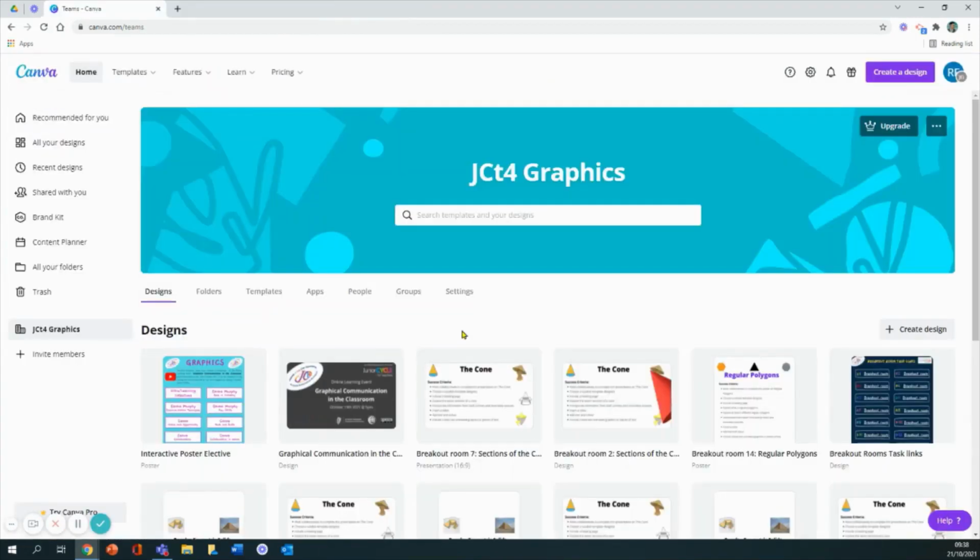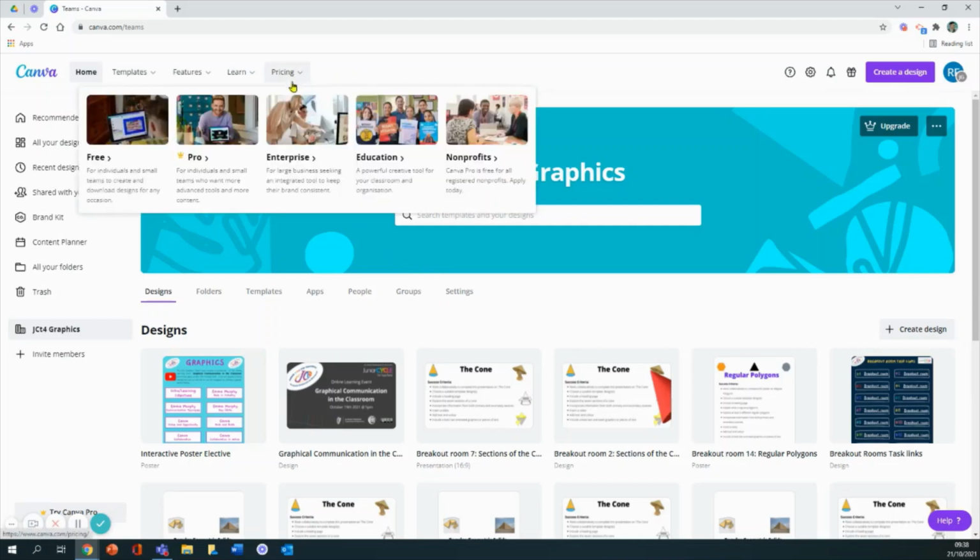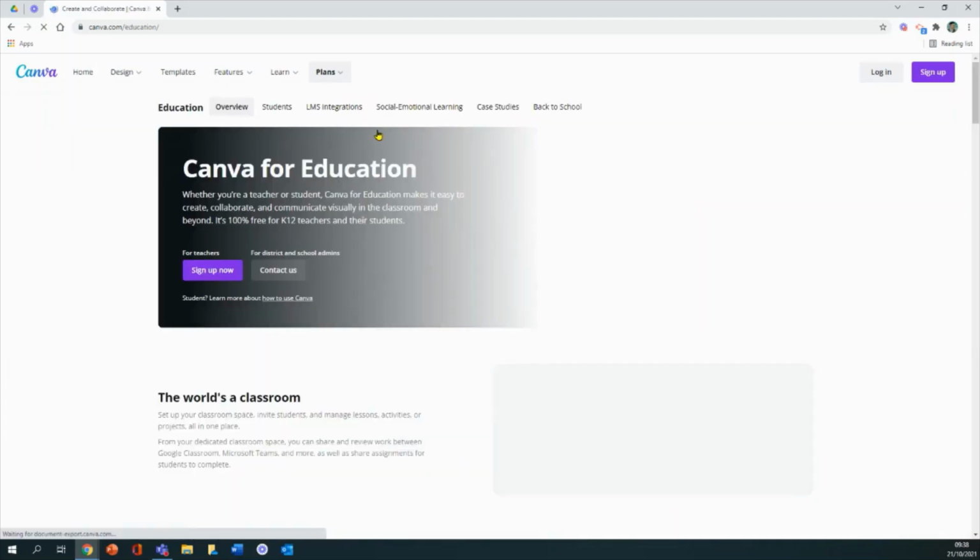So folks, you can see I'm back on the home screen of my Canva account, and there's two other things I want to briefly touch on. The first thing is in terms of upgrading to the Canva for Education account if you see the potential for Canva in terms of graphical presentation skills in your classroom. So if I go up here on my home screen to pricing, I can see there's a number of different options. Remember, the free account is what we're working from at the moment. And if I click on education,